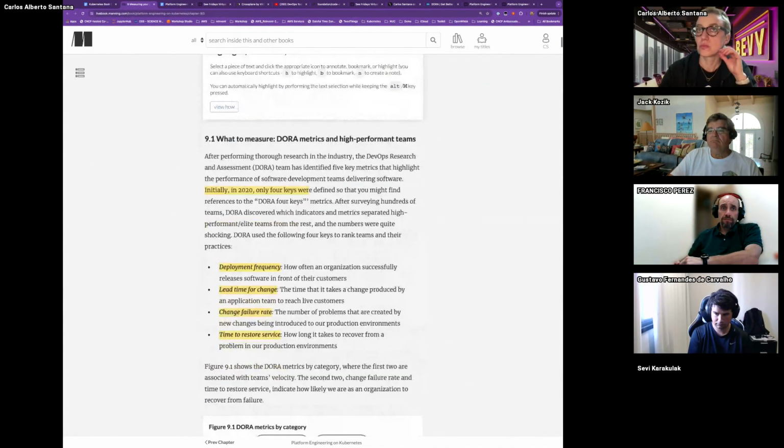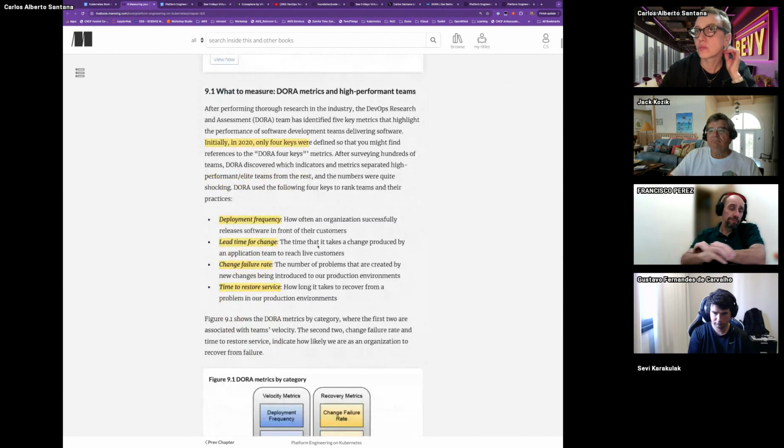And Marisa, what he did with the book was pick the DORA metrics, which some companies use. I think I can find the link, but there was another company that enhanced the DORA metrics to have more keys, depending on how mature you are. I think it was maybe Netflix, but I'm not sure.